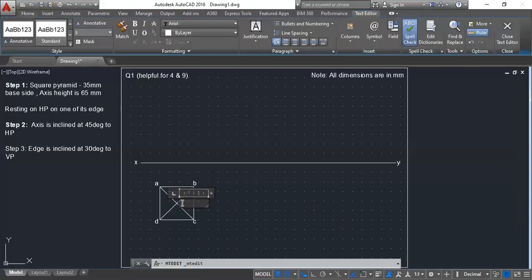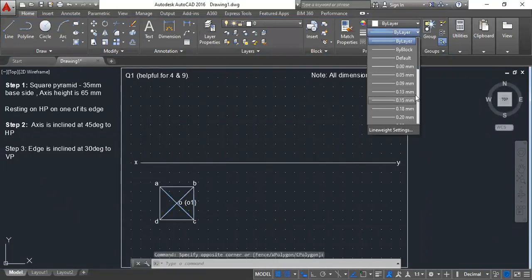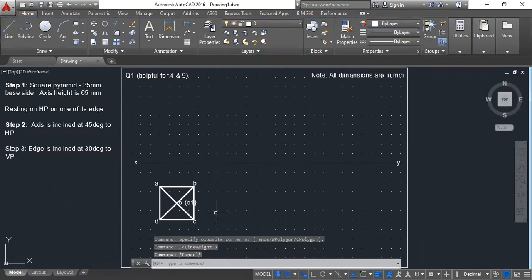Now on the top I have the apex, but remember below the apex there is one more point, that is the other end of the axis. That is O1. I told you the apex is O, and the point exactly below that, the axis point, is O1. You can see that in the next step. Before that let me give some line thickness to it.